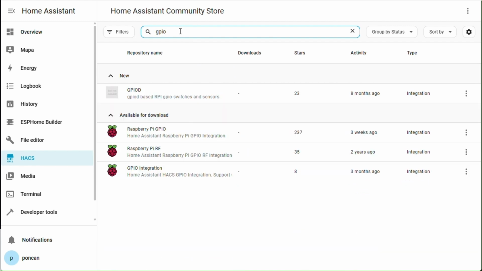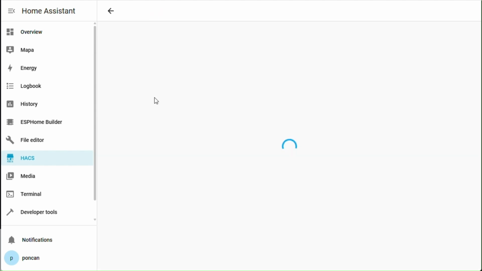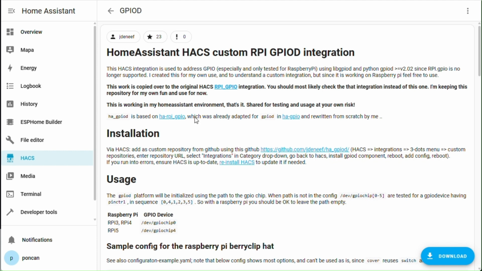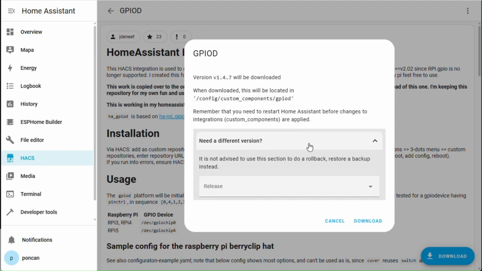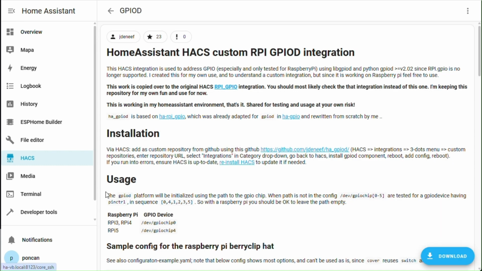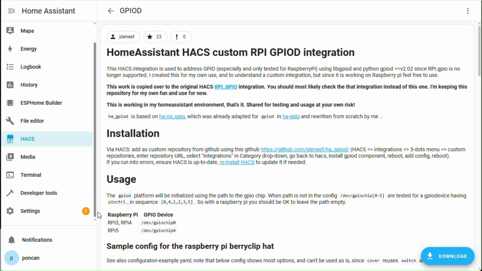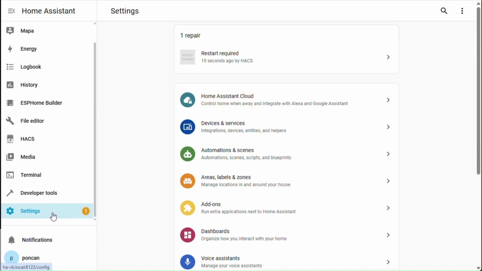If we search for it, it appears. Open it and download it. We'll see that a restart is required.